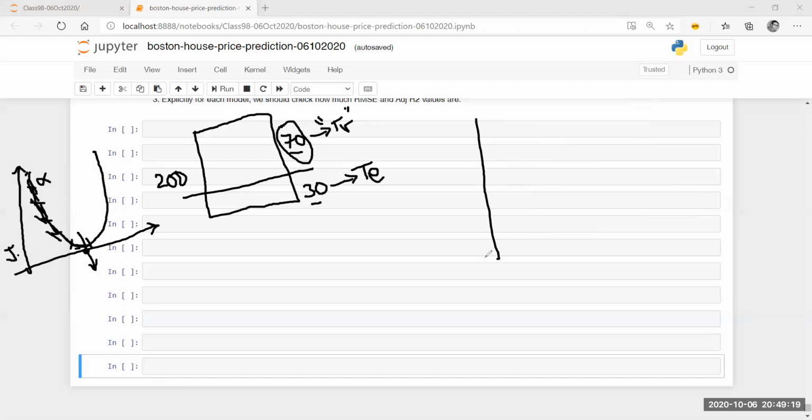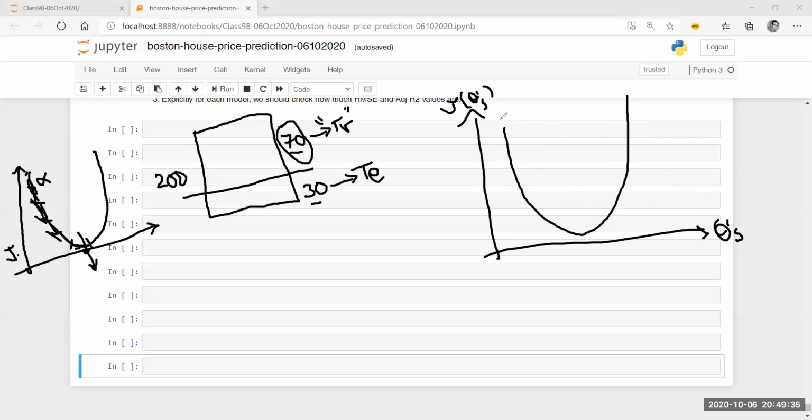But on the contrary, let's say again I'll draw J and theta graph. So theta represents the parameters, let's say thetas, and this is J of thetas. So if my learning graph looks like this, and I have a very small value of alpha, then obviously it's going to take a lot of time for me to reach this global minima. Although that's a very good method, it'll take a lot of time. So computationally, it's going to be very expensive.